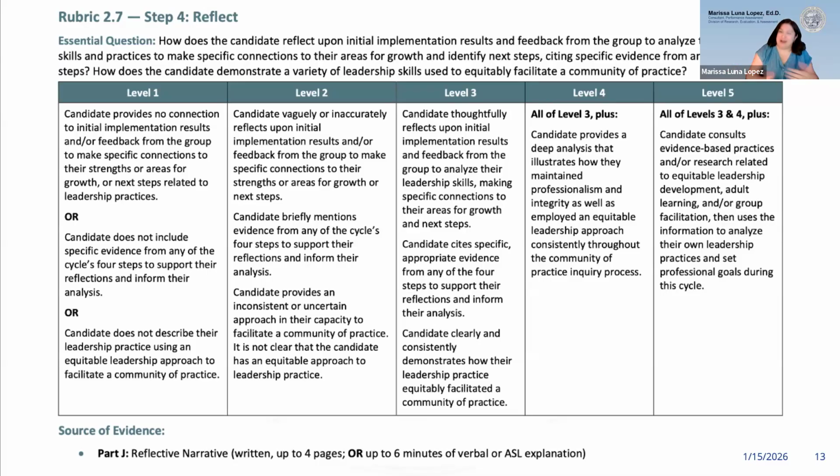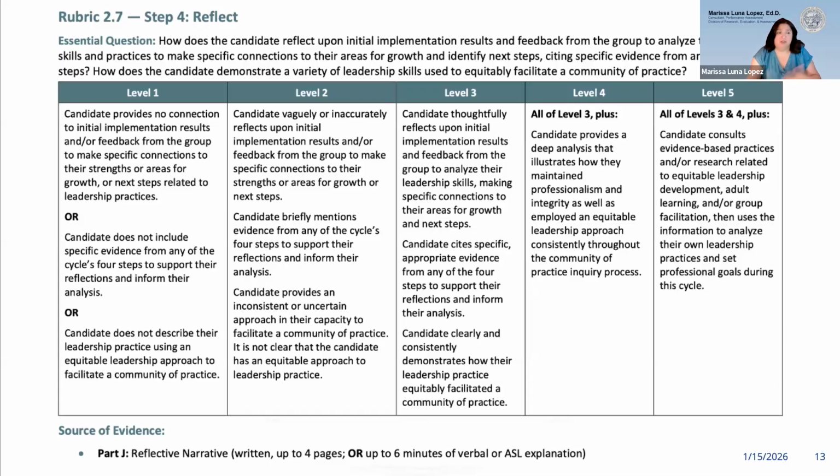It needs to be a community of practice. And so if the candidate is not able to be seen to facilitate a group, then they would score lower. And if it's because of edits, then that could be a concern. As you are working with candidates and telling them about edits, the purpose of the edit is to allow them to skip over things that don't necessarily meet the expectation of the video or of the rubric. It's really to push through some pieces that are not as key and allow the candidate to really showcase their